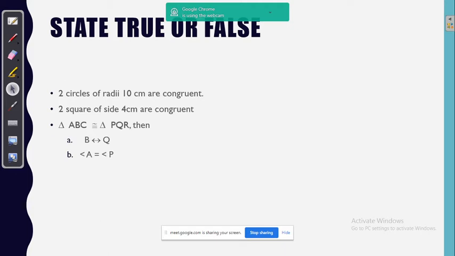The triangle ABC is equal to triangle PQR, no, madam. It is not equal, they are congruent. This symbol, there is one more symbol above this equal to, so it means it is congruent. Yes, since these triangles are congruent, how can we say these angles are equal? Yeah, you are getting to the point. So, one more thing. Who can help her?